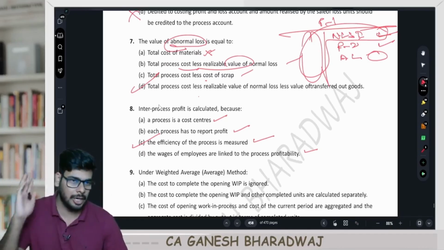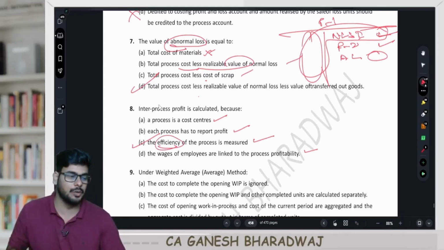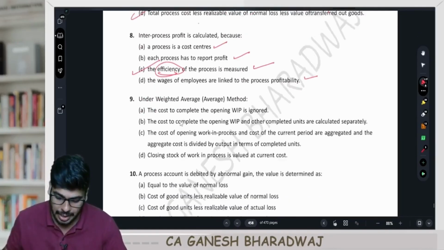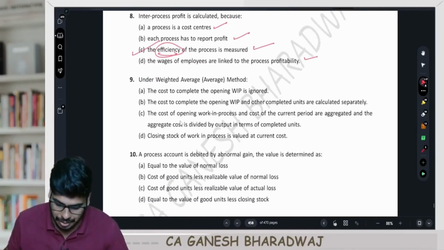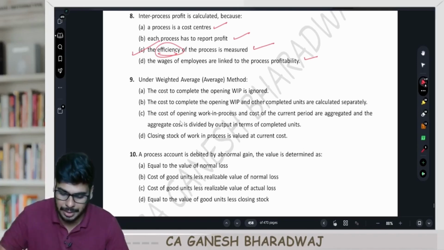And hence I convert a cost center into a profit center. All cost centers need not be converted into profit centers. For the purpose of calculating the efficiency only I do it. Are you clear with this, guys? Yes? So now tell me, without all that background, you could not have answered this. Right. Next, under the weighted average method: